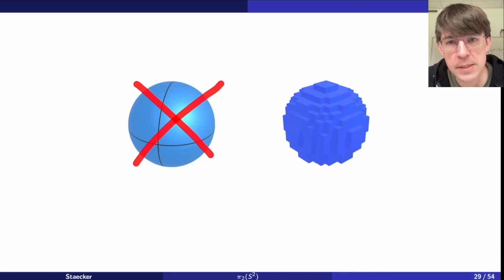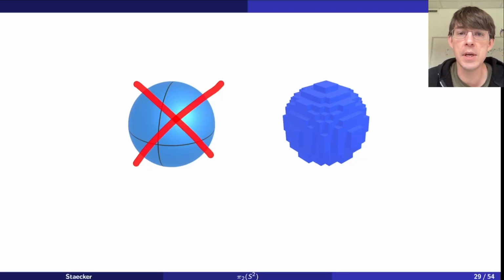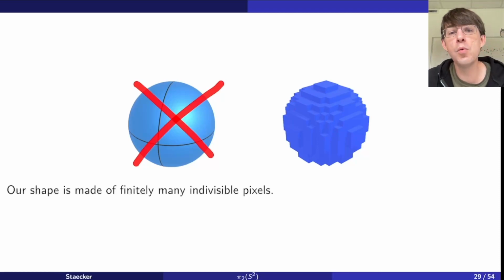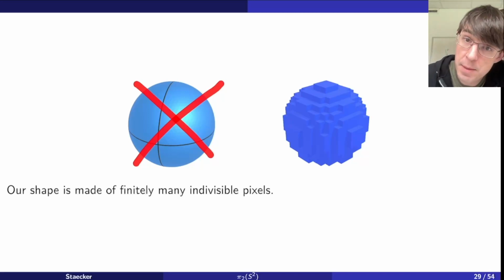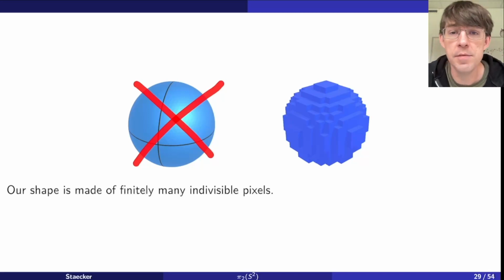And now, can we do all that same stuff in this realm, the digital setting? Does it still work? Are you still going to get Z for whatever the pi 2 of this is? That's what I'm getting to. So we're going to assume that our shape is made of finitely many indivisible pixels, and that's really the big difference. There are finitely many pixels, and they are what they are. You can't talk about half of a pixel or something. We assume that the pixels are atomic and indivisible,